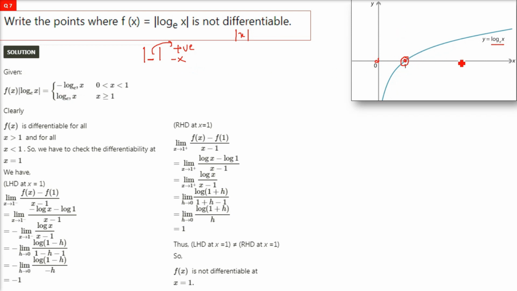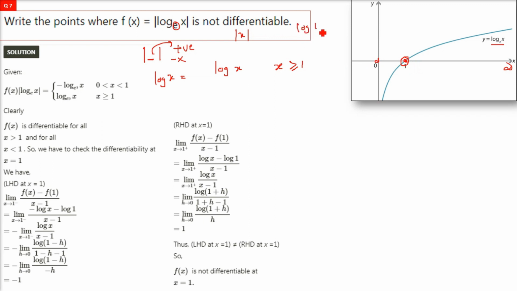And once you go ahead of 1, that is 1 to infinity, which you see in the graph also, the graph is positive. For any value of x above 1, it's positive. So first we have to make the function so that we can actually go to the differentiability. So modulus of log x will be log x, if it is between 1 to infinity, or you can just say x is greater than or equal to 1,